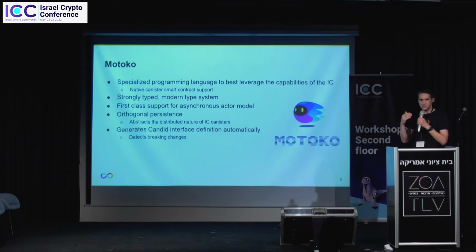So the interfaces of all the smart contracts and also of how you interact with the stable memory layer are described in Candid, which is our interface definition language, and this can be generated automatically. And the cool thing about it is that it detects when you do changes to your smart contract that are not actually backwards compatible. So if you really want to not lose data,